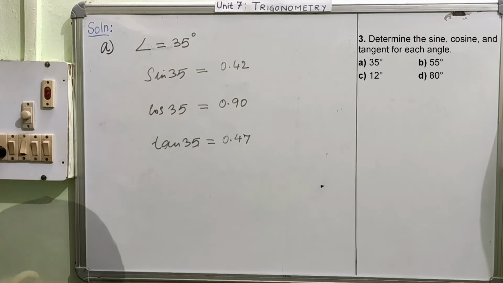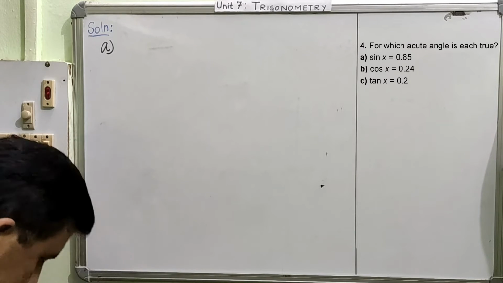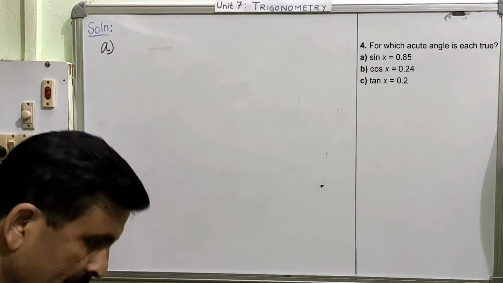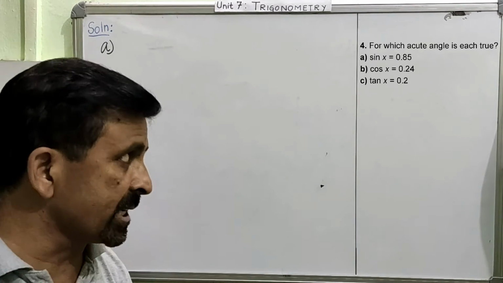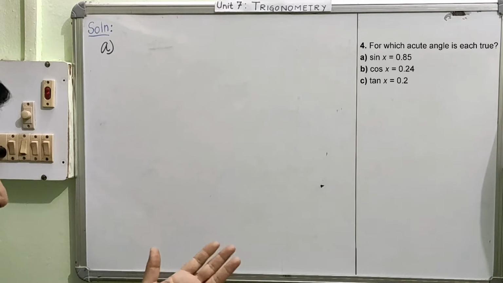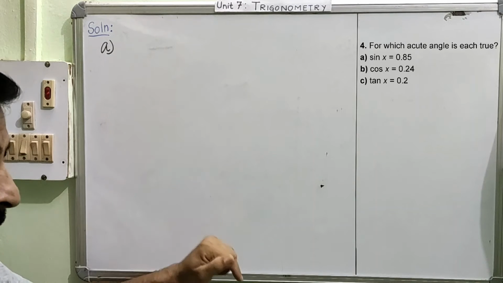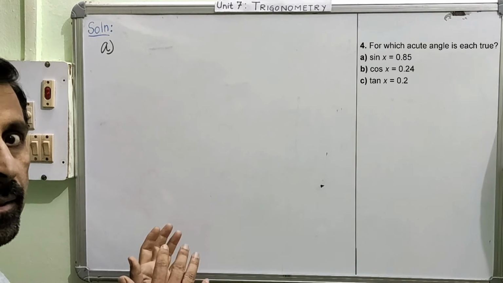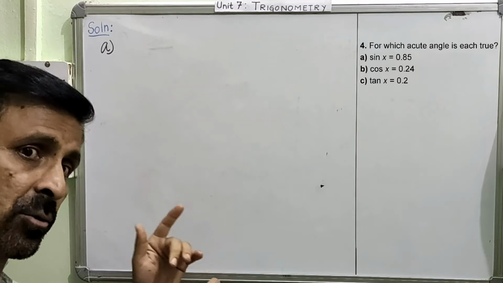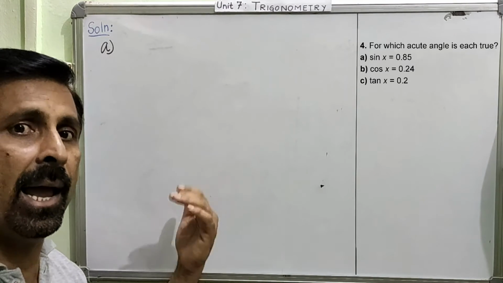Now, likewise, question number 4 is another very simple question. Question number 4 says find the angle for which the value of the trigonometrical ratio is given as shown. Is this okay? That means here in the previous question we calculated the value for a particular angle, and now in this question you have to find out the angle. Just opposite. Previous question you calculated the value. Now here in this question number 4 you have to calculate the angle.